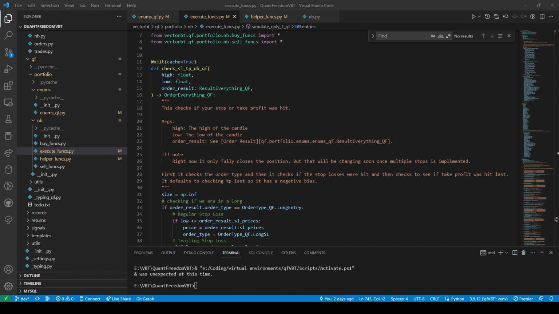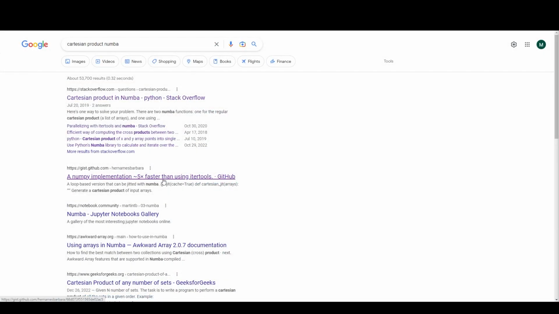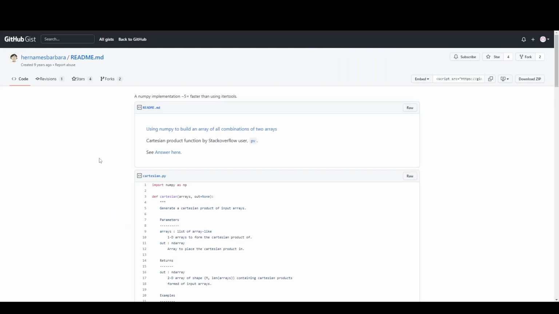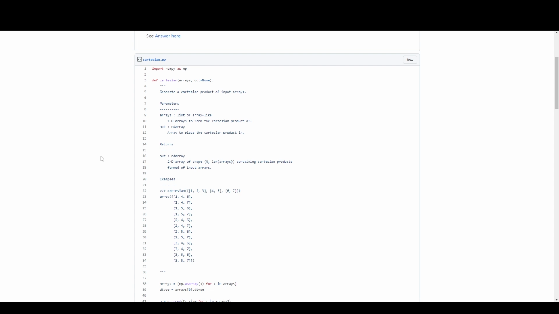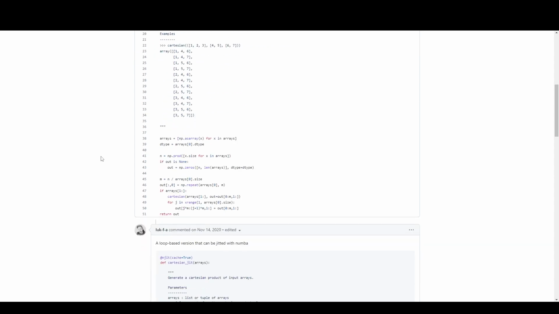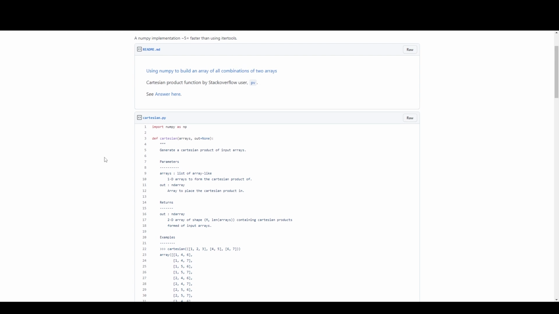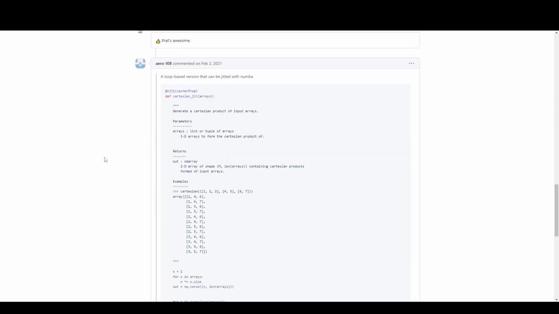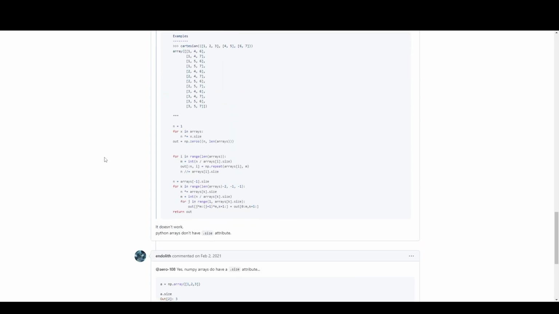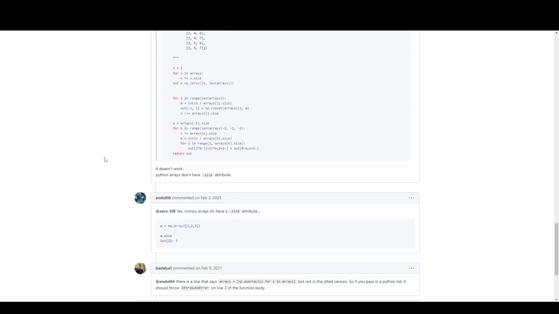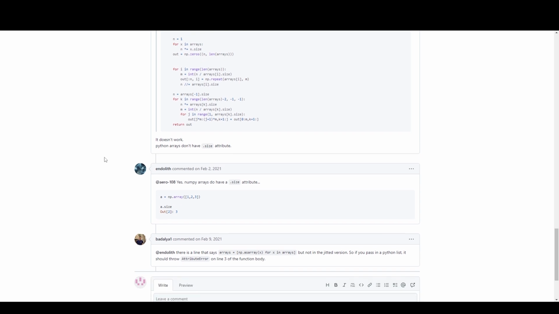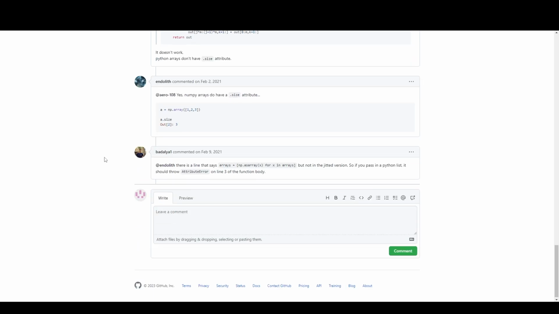Whoa, what? Numba implementation 5 times faster than using itertools. Oh, that size.